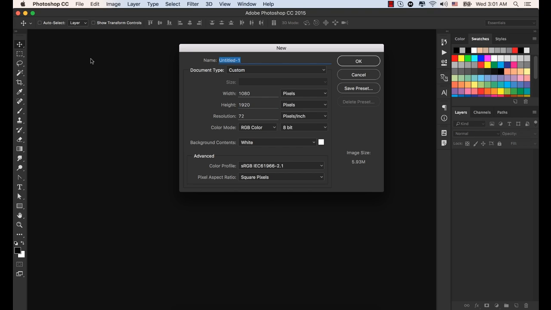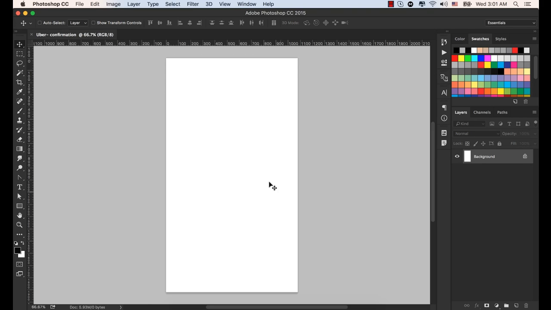The name of the document is Uber Confirmation, which would be the Uber confirmation screen. Click OK. So make sure its width is 1080 by 1920. Click OK. So we have our document to work on, but this time we need an Android material design kit